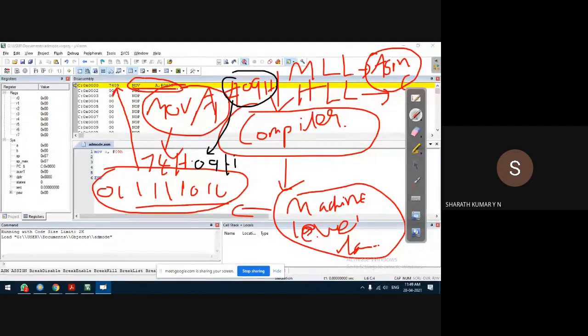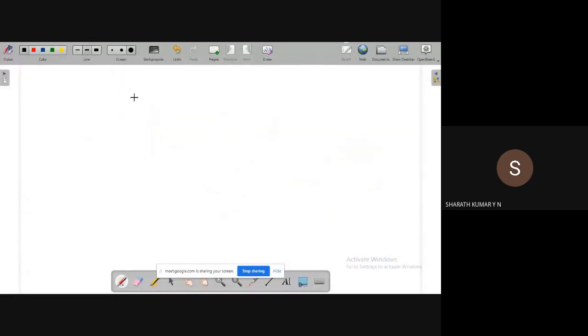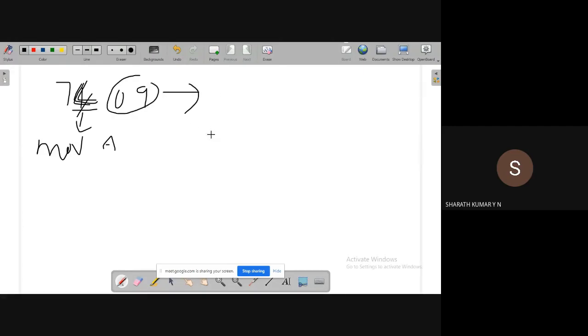Immediate data is not converted. Only the mnemonic, the instruction, is converted into binary numbers. Let us see what this 7409H is. 74 corresponds to MOV A, and 09 corresponds to the immediate data. That is MOV A, #09H.